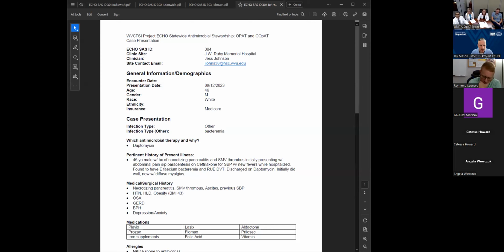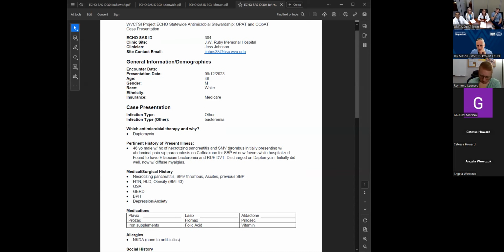So this patient was a 46-year-old male who had had a rough couple months, had been diagnosed with necrotizing pancreatitis, had an SMV thrombus, which resulted in ascites and issues with spontaneous bacterial peritonitis. At this point, when we were seeing him, it was unknown what was causing his pancreatitis, but he had actually come into the hospital with abdominal pain,